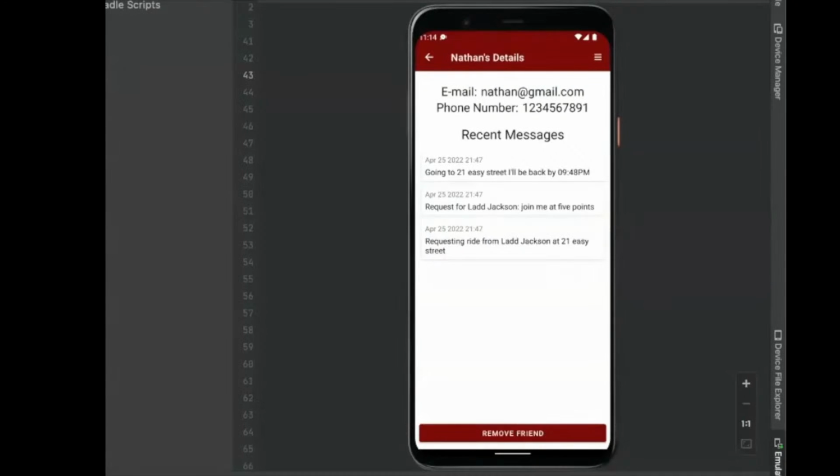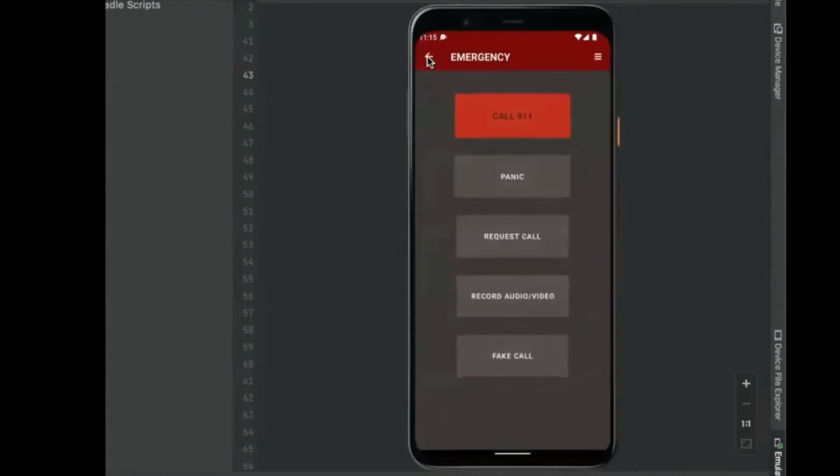The first one at the top, for example, reads, going to 21 Easy Street. I'll be back by 9:48 p.m. Additionally, it includes a timestamp at the top for me to see when this message was originally posted, which in this case was 9:47 p.m. Now, exiting from this screen is as simple as using the back arrow a few times, like so, and boom,